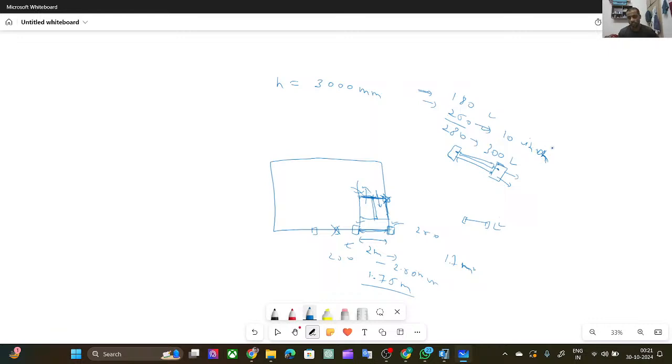And the size of a normal human foot is nearest 7 inch, otherwise 7, 8, 9, nearest 9, 10 inch. So it is okay for a normal building. The size of this will be good. Okay, but in the case of hospitals and college buildings, in the case of college building you can use 300 by 150, meaning 150 rise and 300 tread. Okay, rise 150 and tread is 300, so